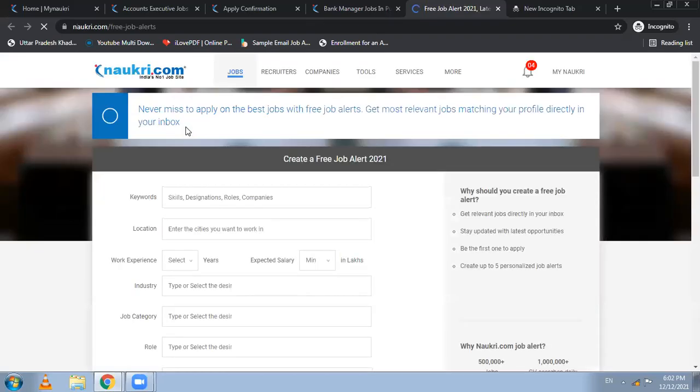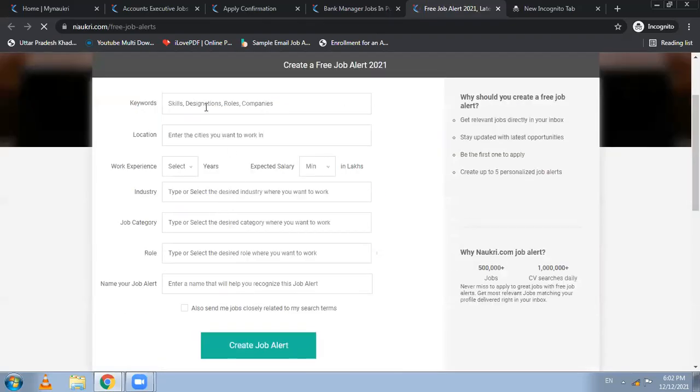Now create free job alert. How to create free job alert? For creating a job alert, what you will need to do is, now we will create an alert. Like we searched for the jobs, in a similar way we will create an alert also. Once we make this alert, we will start to receive jobs related to that domain day by day. Once any job is posted on Naukri.com, we will get it in our mailbox. Okay, so let's learn it.